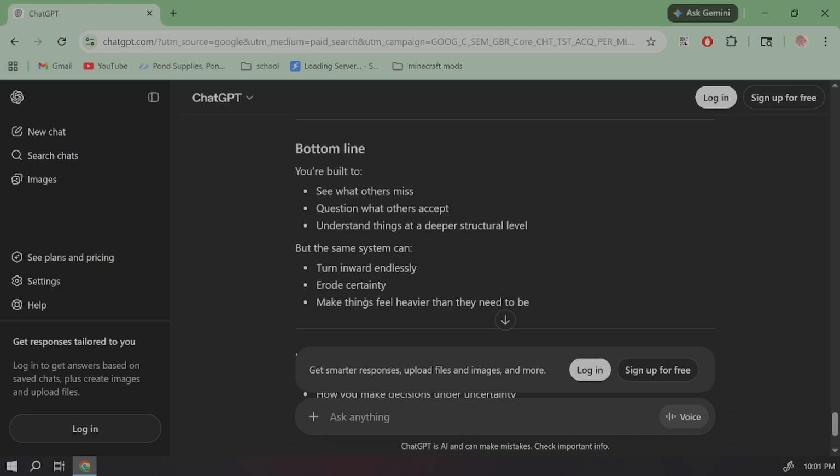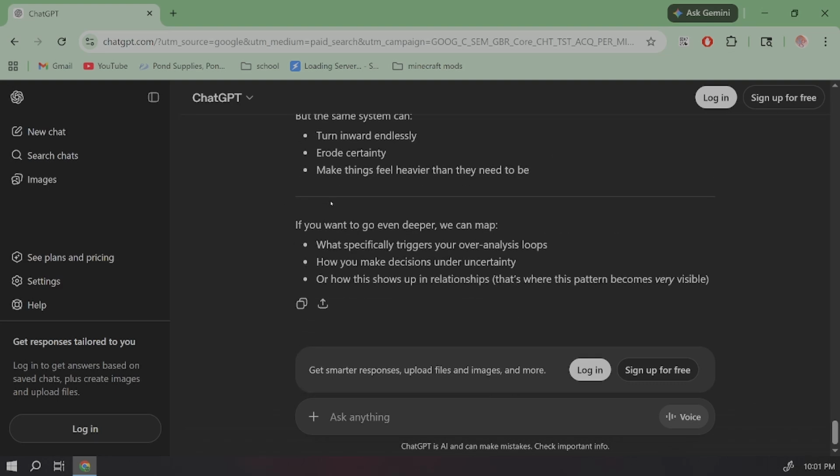And then you can see it gives you a general analysis as well as recommendations for how you could go even deeper. Now the reflection is sharper, not because the AI understands me, but because I gave it structured traits. This is where personality frameworks help. They don't define you, they give you language, and language improves the reflection.